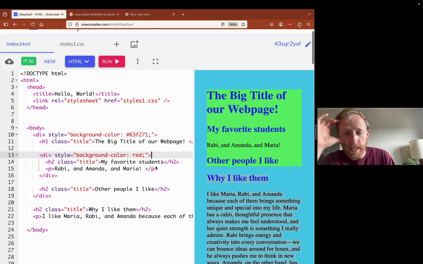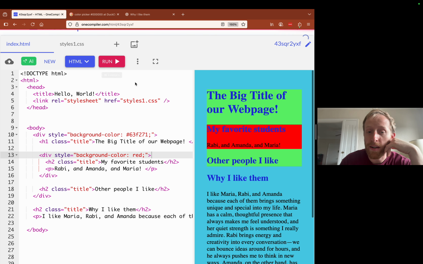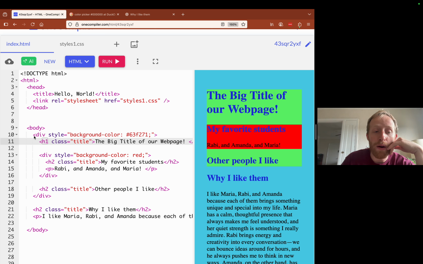Right, and so where is that going to correspond to on this page over here? Okay, the line number from 10 to 19, that background color will be green. Right. So let's actually run this then. So what we see here is we're going to get a red background that covers up some of this green background.